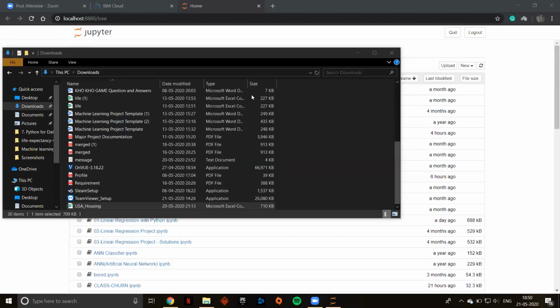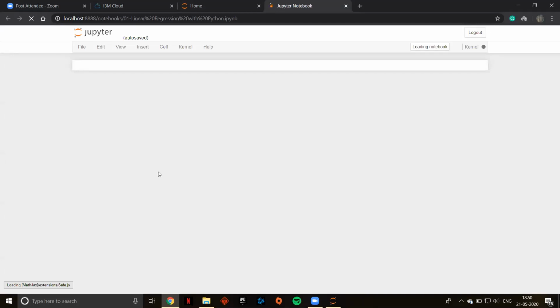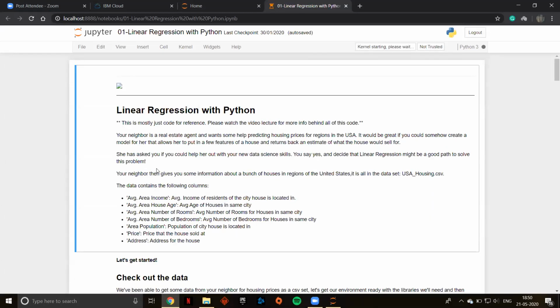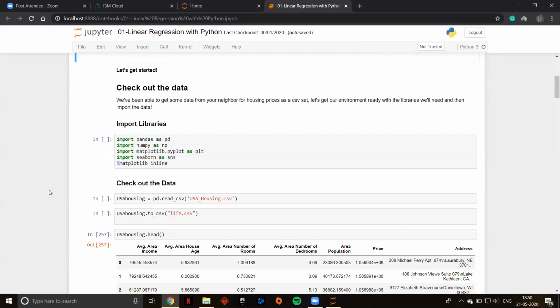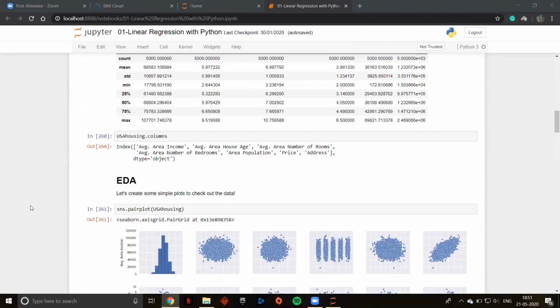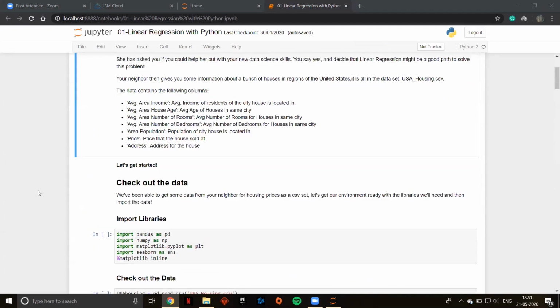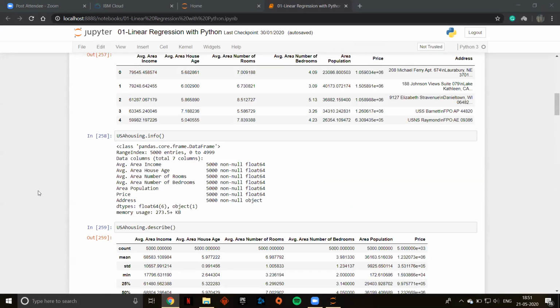So generally, what are we going to do in this Jupyter notebook is, let me show you. Yeah, this is the code for your regression model, multivariable linear regression in Jupyter Notebook using Python, right? Everybody is familiar with the code, so I'm just going to follow through it. So this is your data set, right? In Jupyter Notebook, you're going to use that data to create a machine learning model. So don't worry about the code. I'll be sharing the code with everyone. This code will be posted on your Slack.